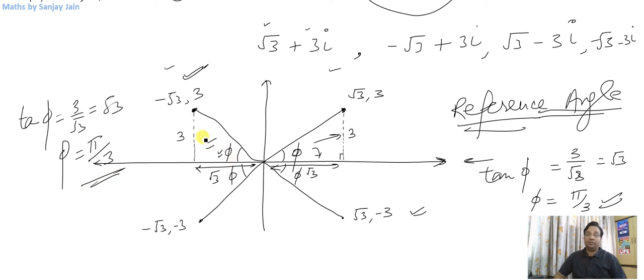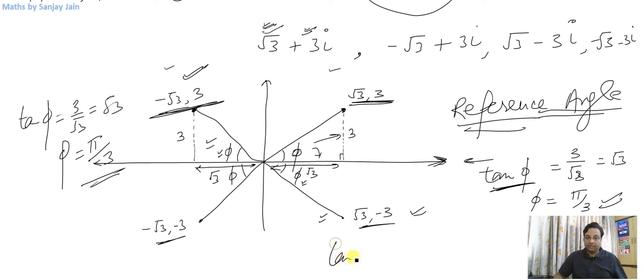Okay, so I want you to find an acute angle corresponding to all of these complex numbers. What acute angle do I want you to find? The angle that this ray makes with the x-axis. I am not saying positive direction of x-axis or negative direction of x-axis. All I want is the smallest angle that it makes with the x-axis. How do I find that? By doing this. Tan phi equals the imaginary part divided by the real part.